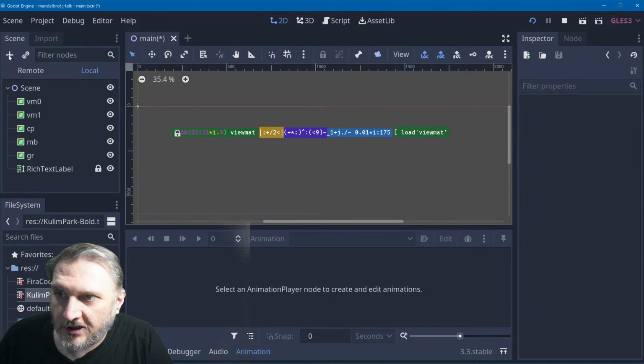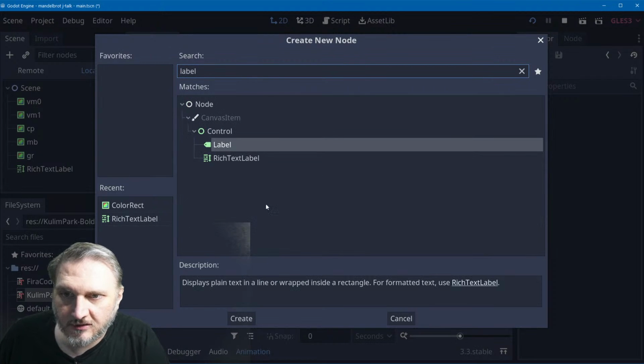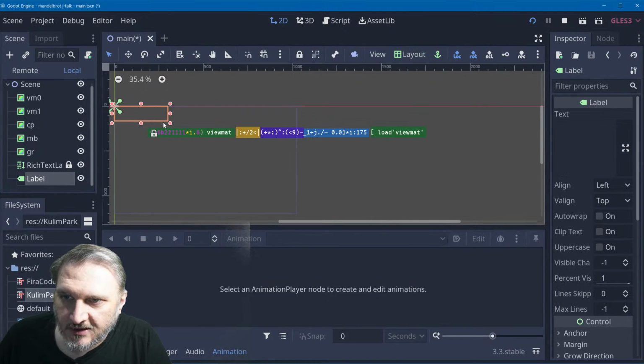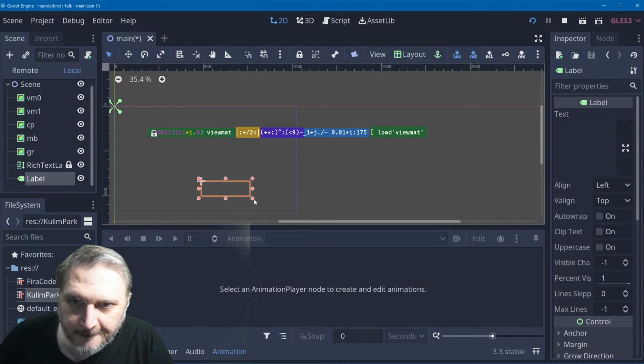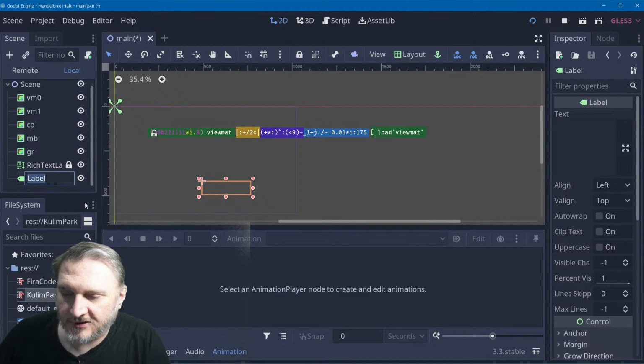So now I would put another piece of text. I think we just say label here. I don't need rich text. I've done this in the past. Last time, I made an animated widget that types out the text and all that stuff. I'm not going to do that. I don't know, we'll see what I do. But for now, let's put